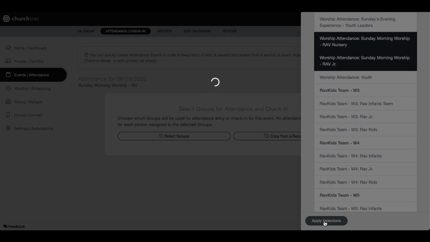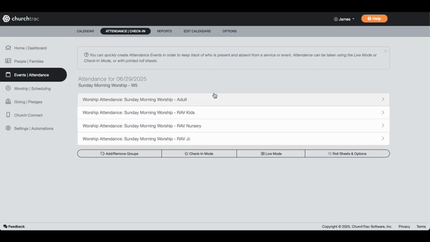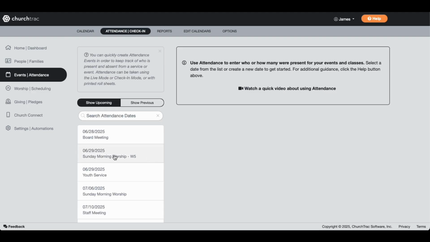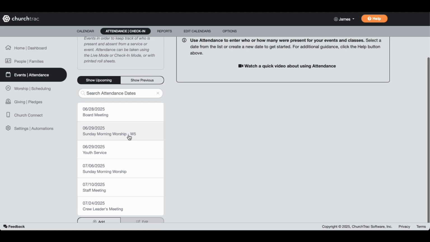So once they are added, you will see them come up here. Boom, Rav adults, Rav kids, Rav nurseries, and Rav juniors. So all those now are in there. So if I go back to here, click attendance, and then you'll see Sunday morning worship, and it does say